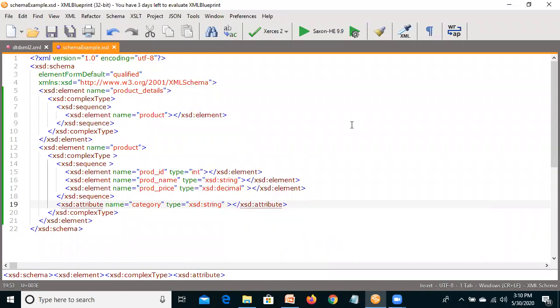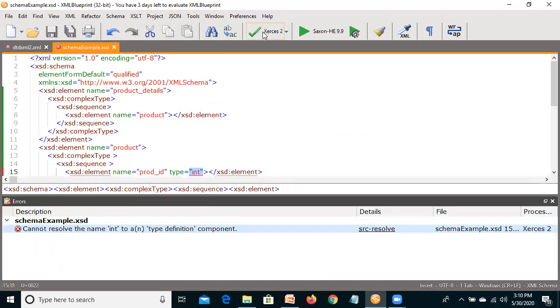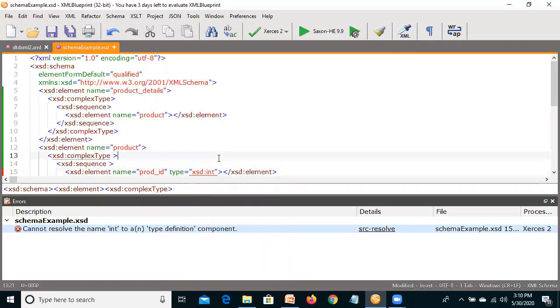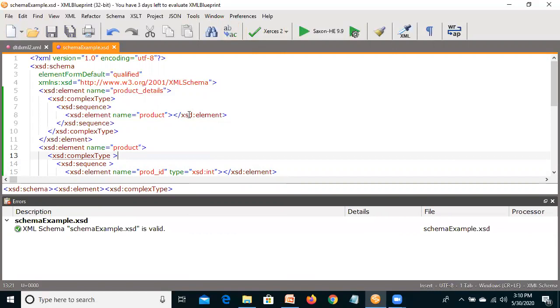So this is our XML schema. Cannot resolve name int. Okay, because there is no prefix.